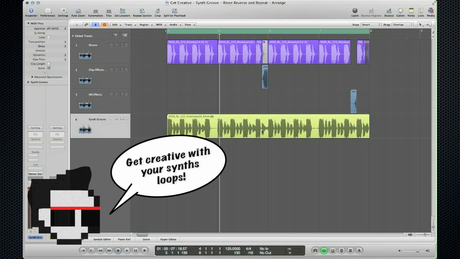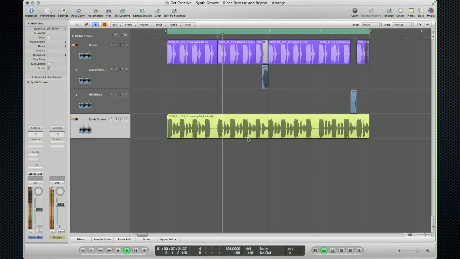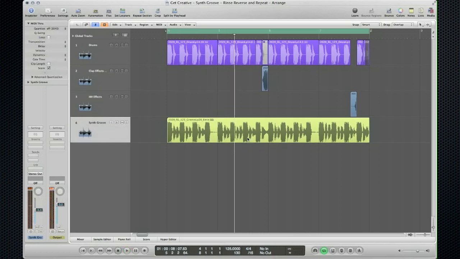This is what we have so far. Alright, so it's kind of stagnant, so we're going to go ahead and again rinse, reverse, and repeat. By rinsing, we listen to it, then we start to reverse and repeat some stuff. Although you could reverse some stuff in the synth line, I'm not quite sure if I'm going to reverse some things. I might just repeat some stuff in the synth groove. I'm not really sure what I want to do with this yet. I kind of just decided to wing it in this tutorial. So here we go.